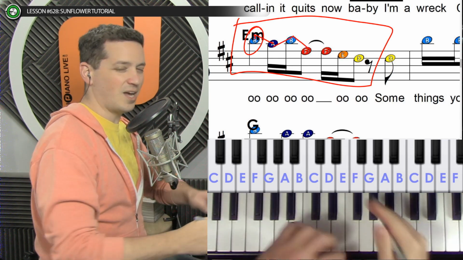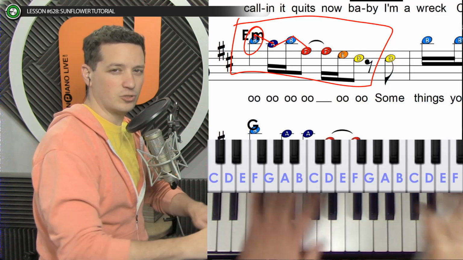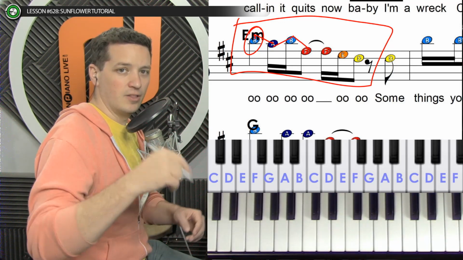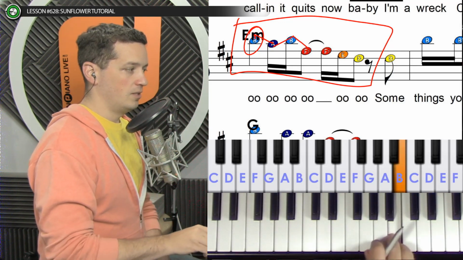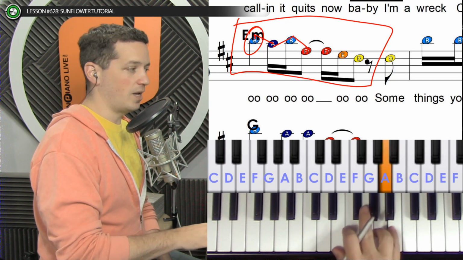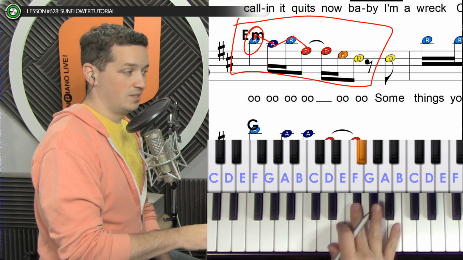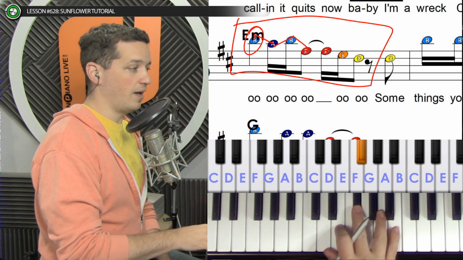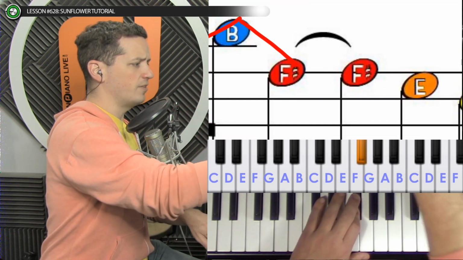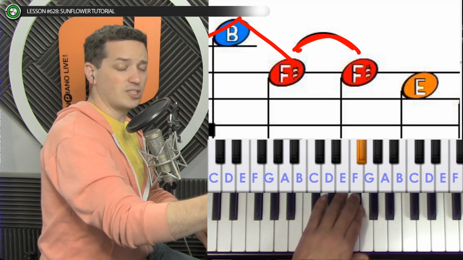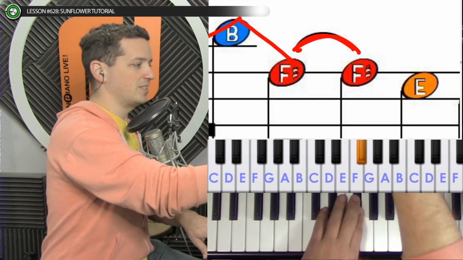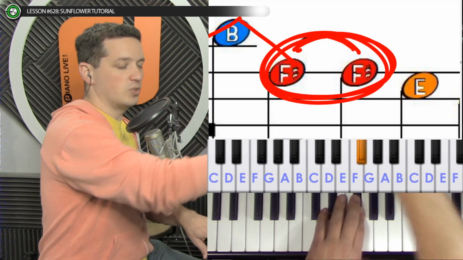So that's how we determine which B's or A's or F sharps we're supposed to be playing, by the direction of the notes. So we go a B, slightly lower to an A, slightly higher to a B, kind of lower to an F sharp, and these two have this swoopy line right over them, and that's called a tie, because that's supposed to tie those 2 notes together as one big F sharp.